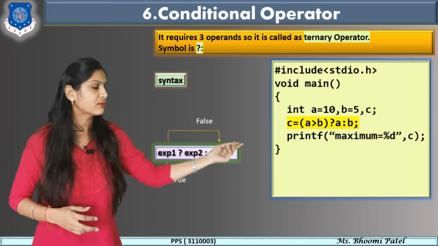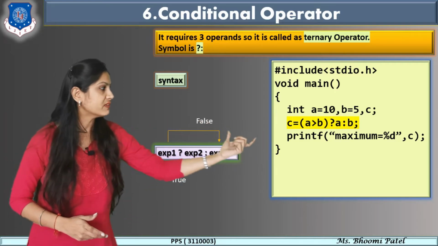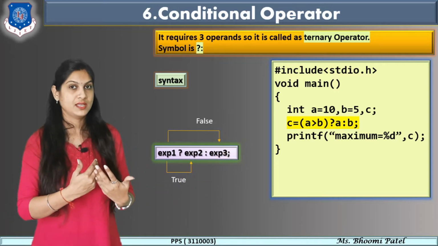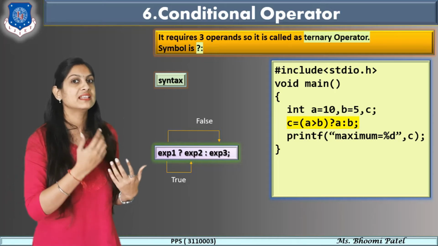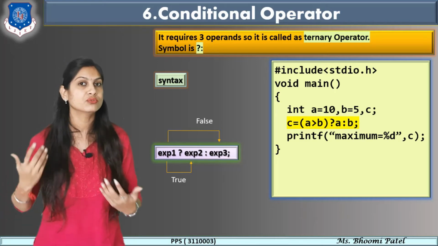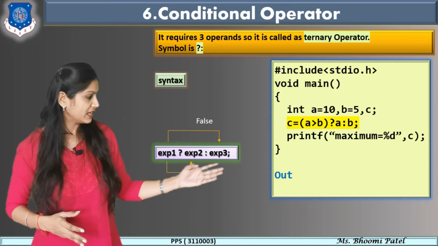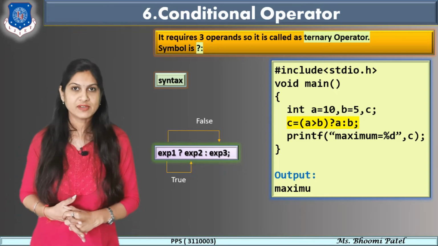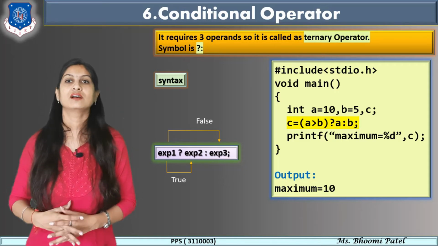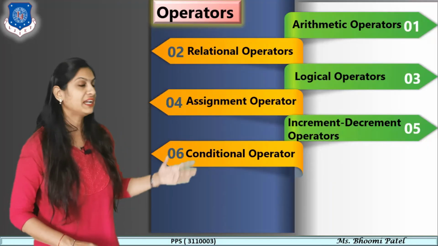Clear? Likewise, you can write the logic for finding the maximum of 3 numbers. If the condition is true, then it returns a and assigns it to c, and if it is false, meaning a greater than b becomes false, it jumps to the third part and assigns the value of b to c, and the final answer is c, that is the maximum value. So here our output is what? 10 is greater than 5, yes, so it returns a and assigns that value to c, and the answer is maximum equals 10.